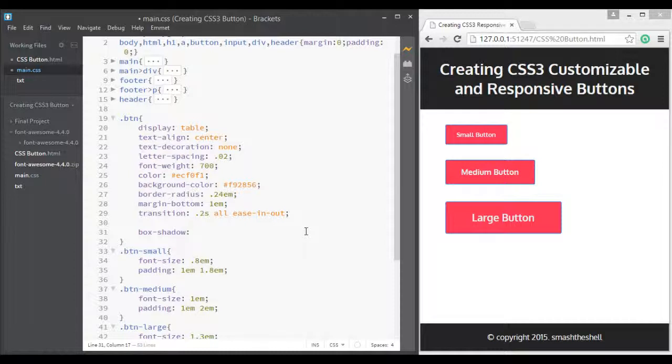I'll write 0 for x offset, which is the horizontal offset, and 0.2em for our vertical offset, and let's give it a color of #C10B33.